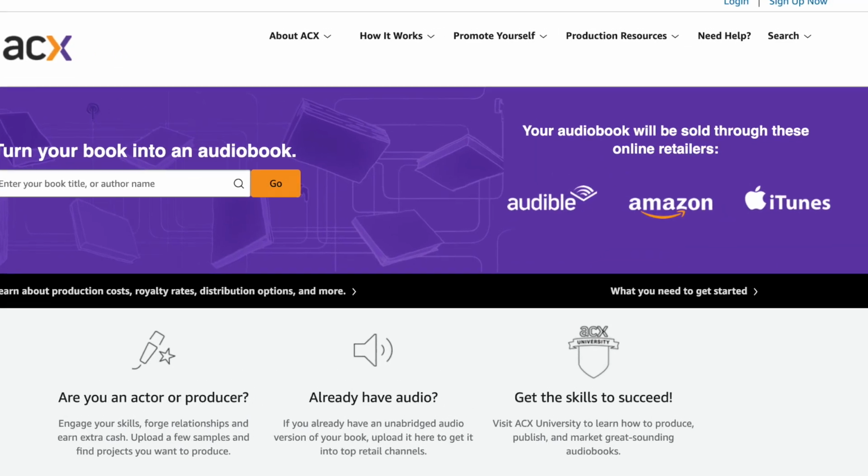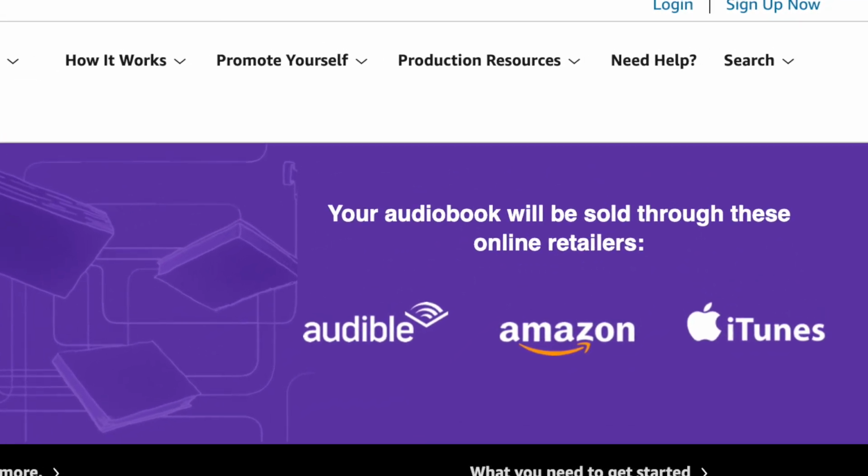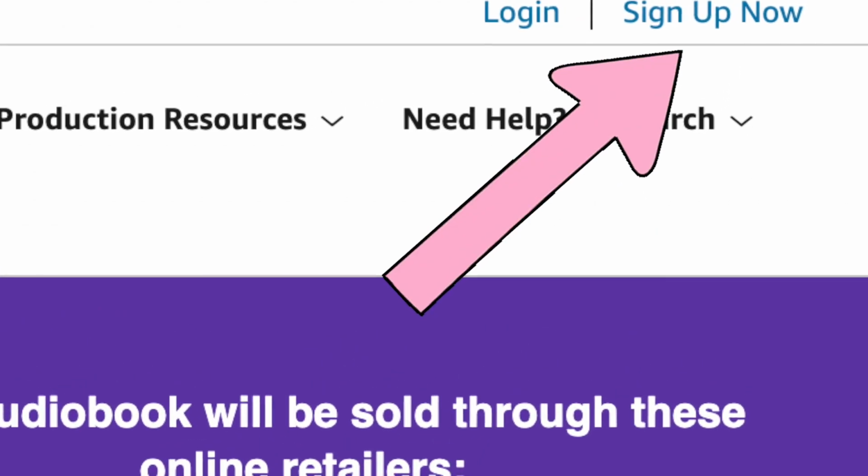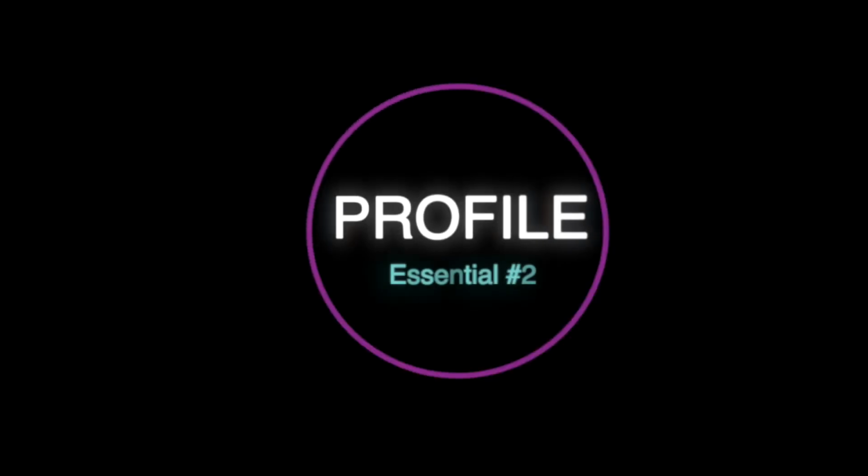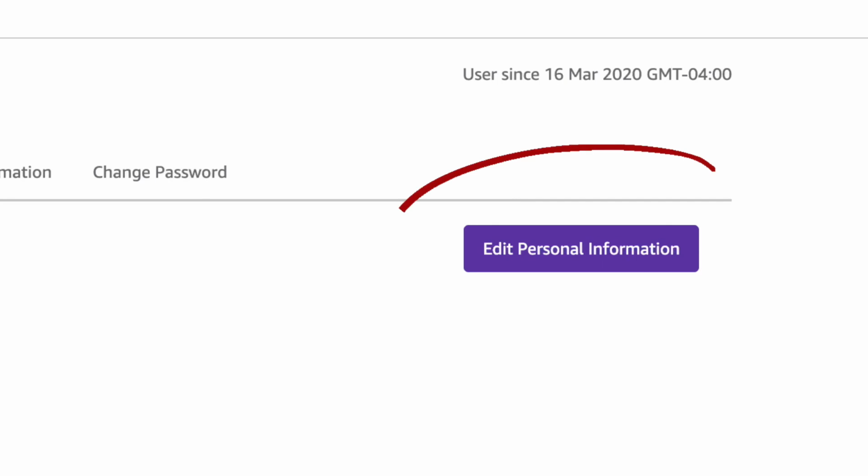Once you get on the ACX website, fill out a profile. It's very straightforward. So that leads me into the second thing that is essential, and that is to start a profile. Once you sign up for ACX, don't just let it linger. Upload a profile. Some people will ask me whether or not they have to have a sample on ACX. That will be up to you. To this day, I don't have a profile on ACX.